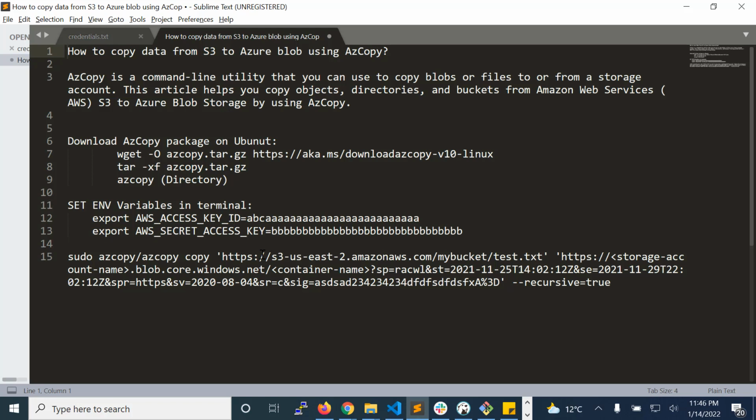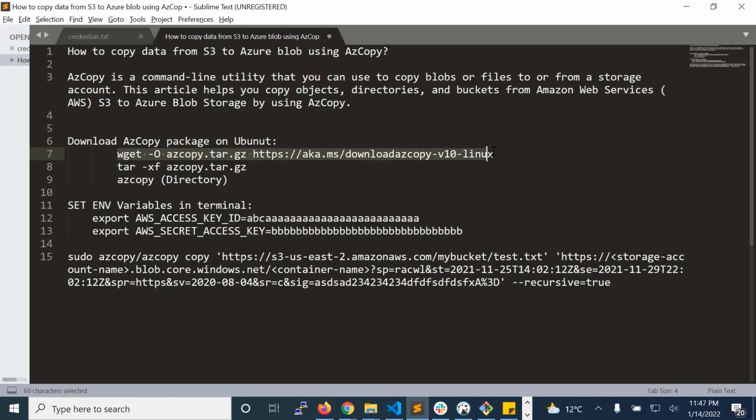Let us move ahead and see how we can start with AzCopy. Suppose we have an Ubuntu server in an Azure VM, and from that VM we will be trying to copy the data from AWS S3. The operating system is Ubuntu, so in our example I'm taking Ubuntu as the operating system. Now we need the AzCopy command line utility on our Ubuntu server. So how will we get the AzCopy utility on our Ubuntu operating system? Let us see that.